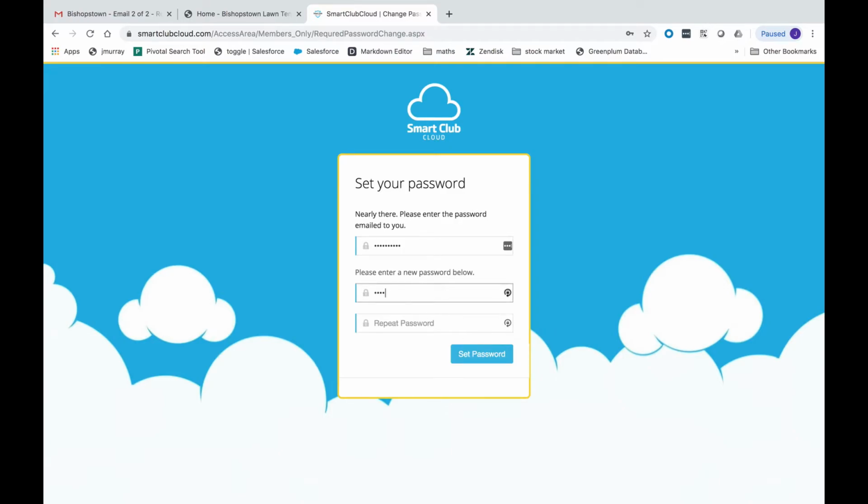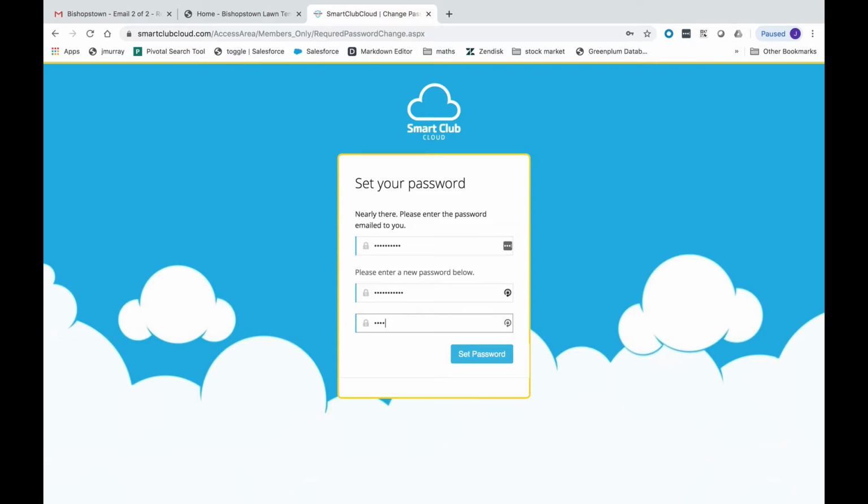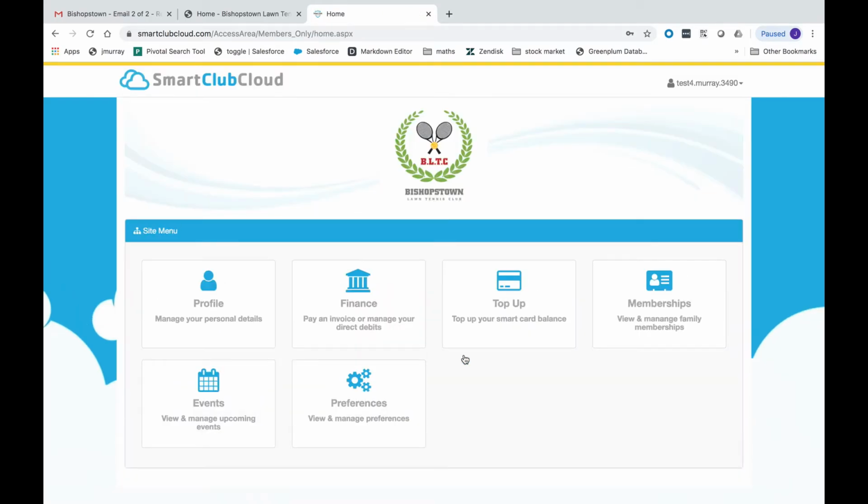Then you're going to want to select a password that you are going to remember. It has to be 8 to 20 digits long. Then you're going to have to repeat that password and click set password. Then you're going to want to go to events